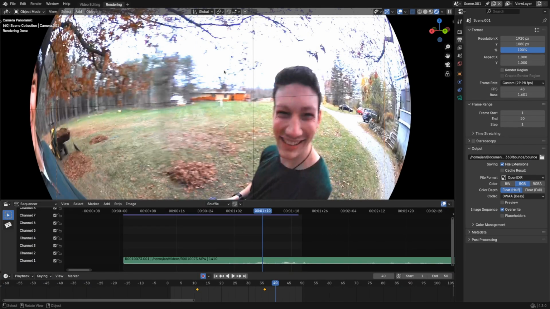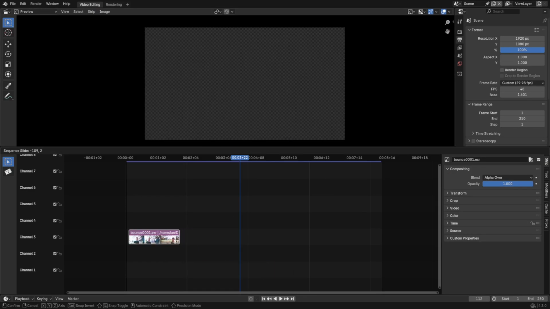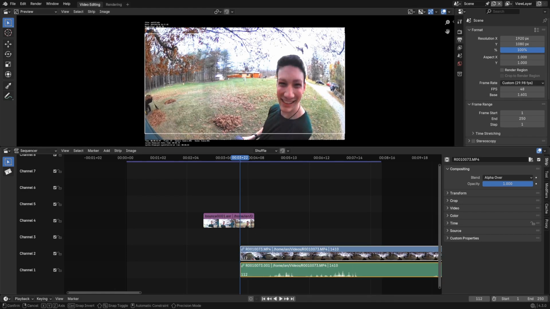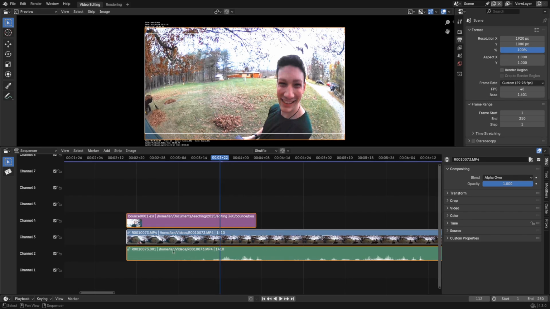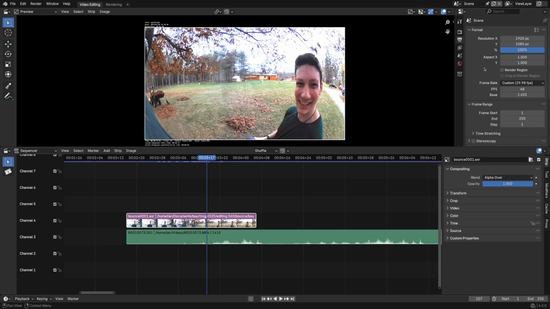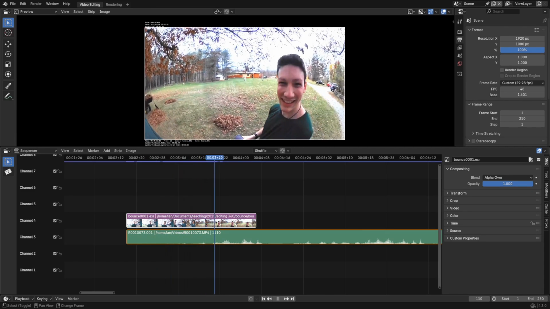And now that's rendered out, we can go back to our video editing tab here, and I can import my EXR sequence. I can put that wherever I would like it in the timeline, and I'll just grab my movie as well. And remember, these both start at frame 1, so they're synchronized here at this point. If we disconnect the strips once more, this audio should line up with this video, although my 360 camera shoots in 29 frames per second, not 24, so we do have to be careful of what kind of timeline we're working on. But yeah, this should be synchronized here,